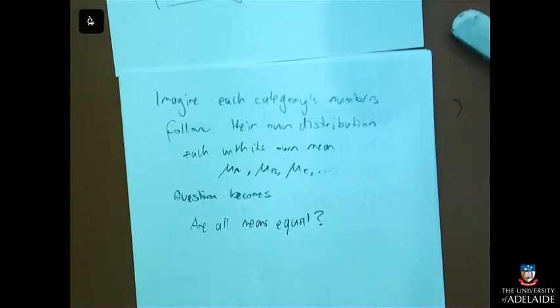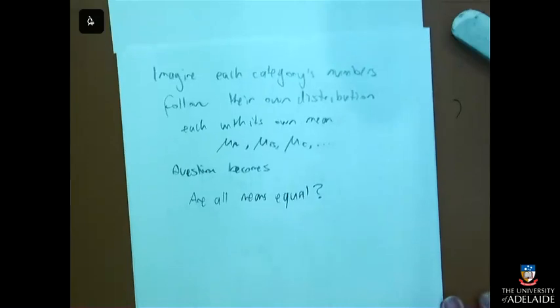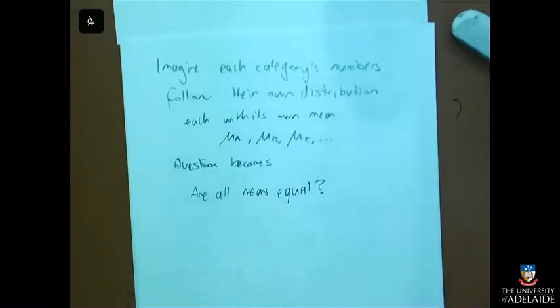Statistics just tells you that some numbers are related to other numbers. Okay? So it doesn't tell you that the category causes the numbers to be different. It just says that when the categories are different, the numbers tend to be different. Okay. So are all the means equal? That's my new question. And so I can turn that into a hypothesis test, because now I can say that